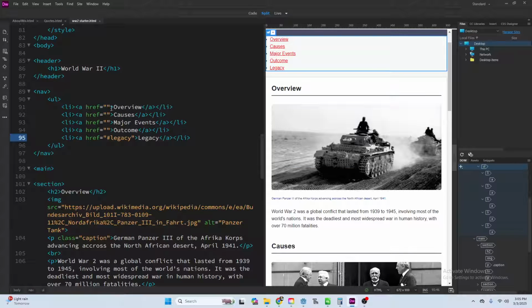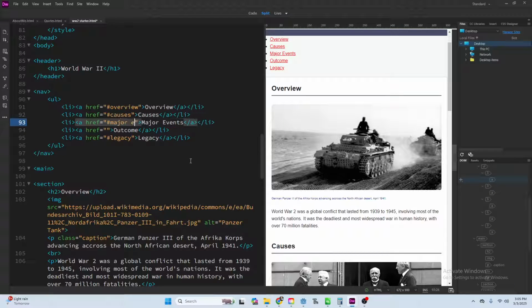I'm going to finish the rest of these. So I'm going to make this the overview section. I'll give this the ID of causes. Sorry, more accurately, I'm not giving it the ID. I'm telling it to go to the section that's identified as that. So major events. I just saluted. You didn't see because my camera's off, but